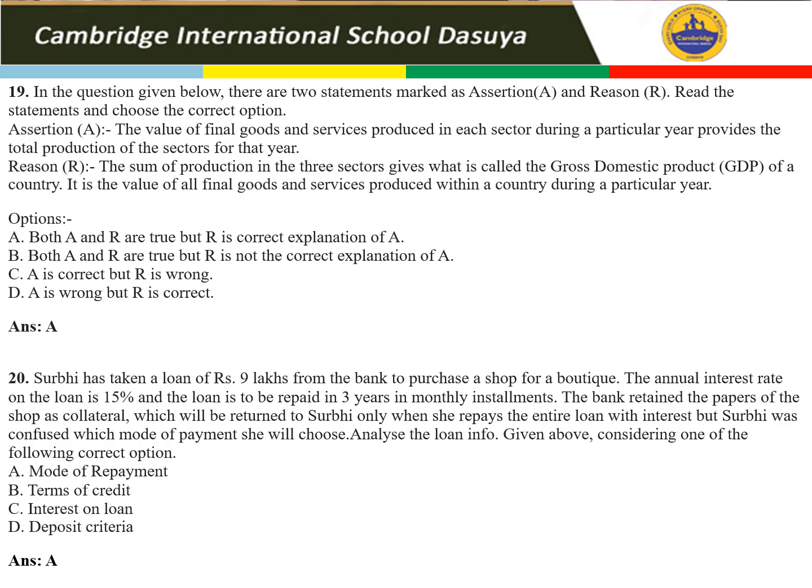Fine. In the question, assertion reasoning is there. So in that question, see which is the correct answer. That is A option. So in the question given below, there are two statements, assertion and reason. Read the statements and choose the correct option for this.